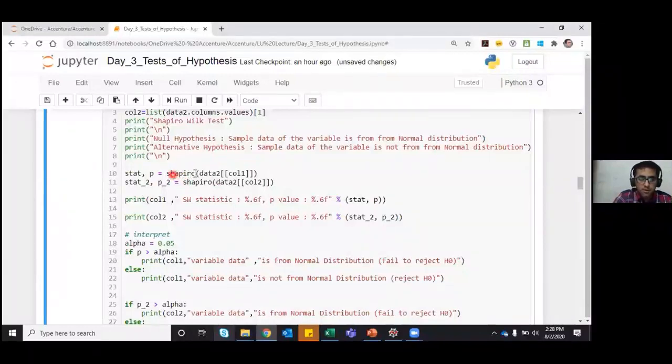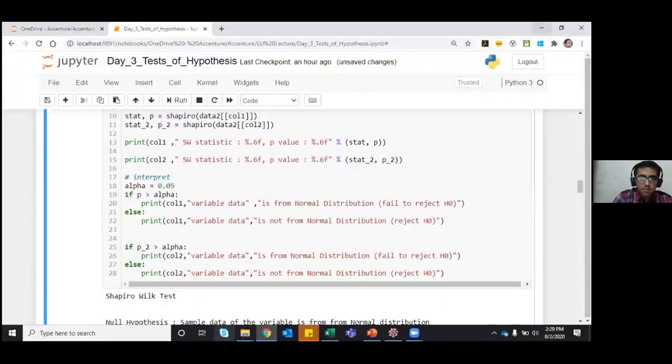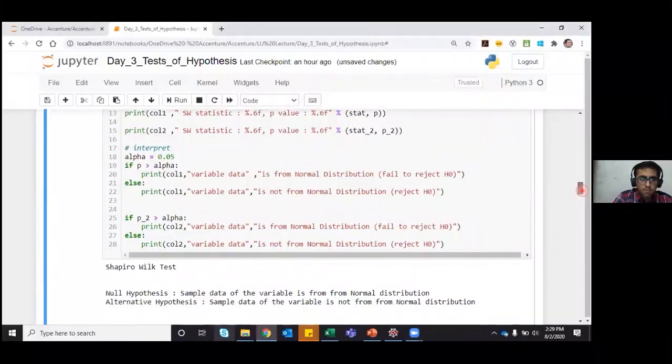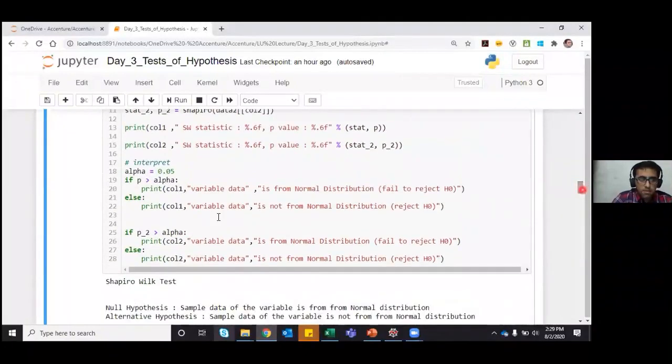Because the data is continuous here, we perform Shapiro on each of the columns: Shapiro data2 column 1, Shapiro data2 column 2. I'll just print the SW statistic or Shapiro statistic, and again, to interpret the results: if the p-value is greater than alpha, the variable data is from a normal distribution, and we fail to reject H0.